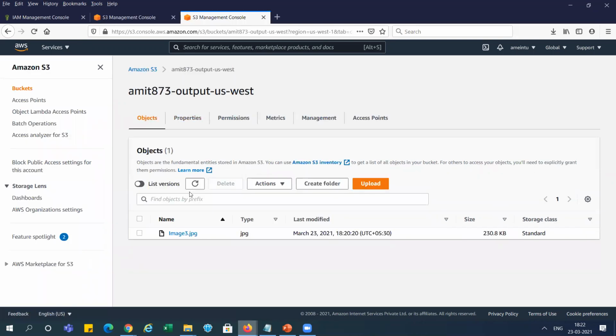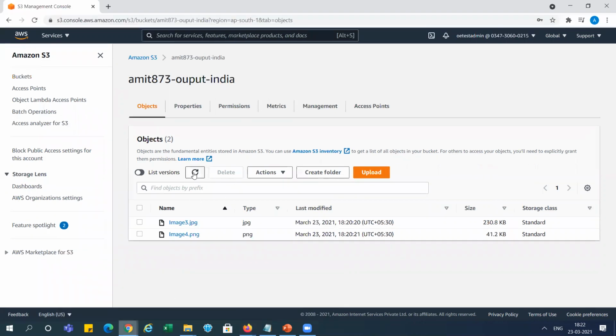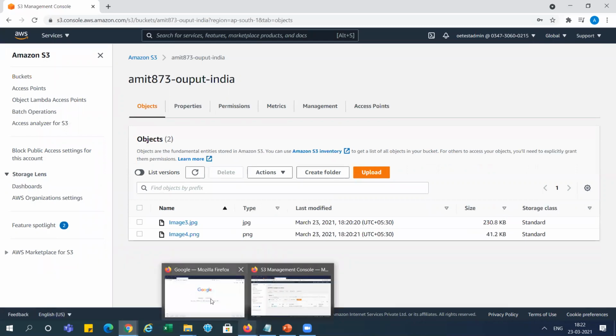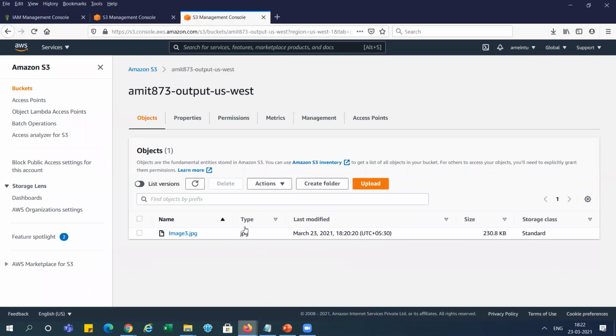So let's see what is happening here. It is taking time because one is already replicated, and another is taking time, right? On the other hand, you can see it recorded 2 objects in the other cross account. Let's check.